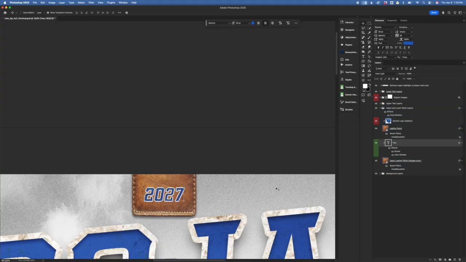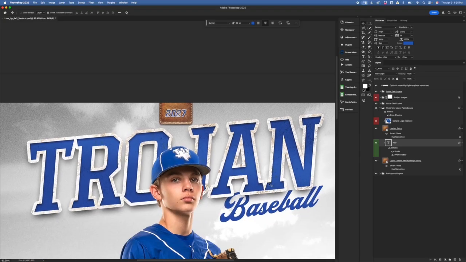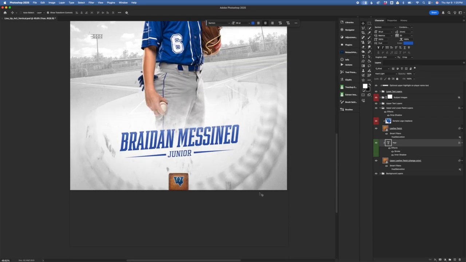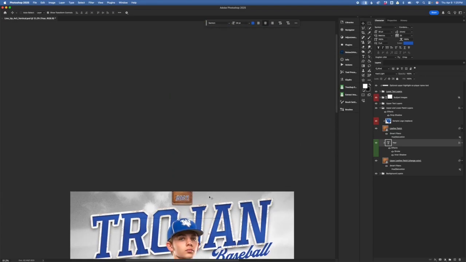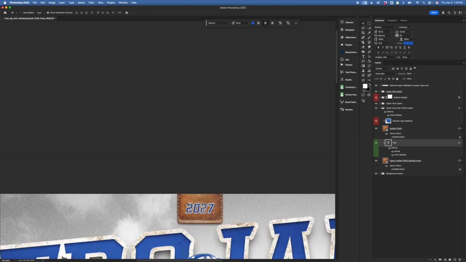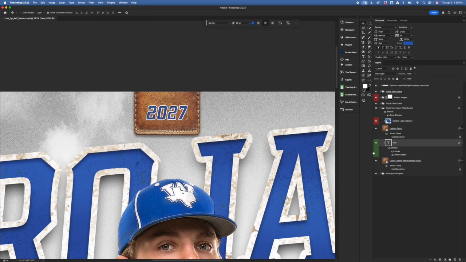So that's it for the patch layers. I thought it was just a nice accent, a nice extra touch. There is one other thing that I will cover on both of these. There is a hue saturation, and they're turned off, but if you want to colorize these other than like a natural leather, like I can zoom in here so we can get a better look, turn on the hue saturation,